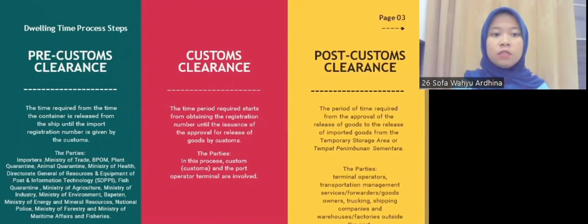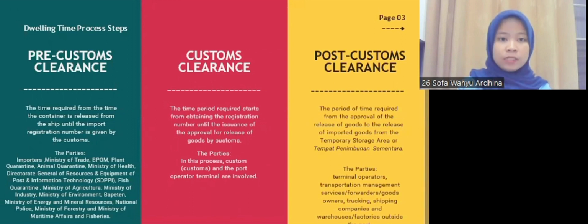For the next slide, I have the dwelling time process steps. The first is pre-customs clearance. It is the time required from when the container is released from the ship until the import registration number is issued by the customs. In this pre-customs clearance, the parties involved are importers and the related ministry agencies, like